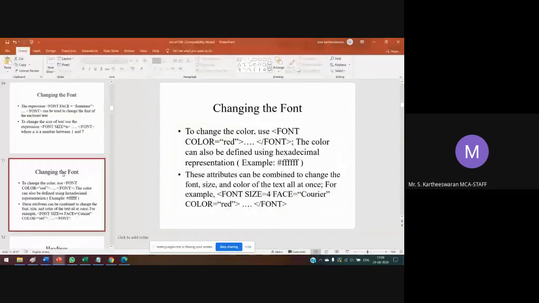So based upon this color attribute, you change the corresponding color, red, green, blue, for the font. Okay.